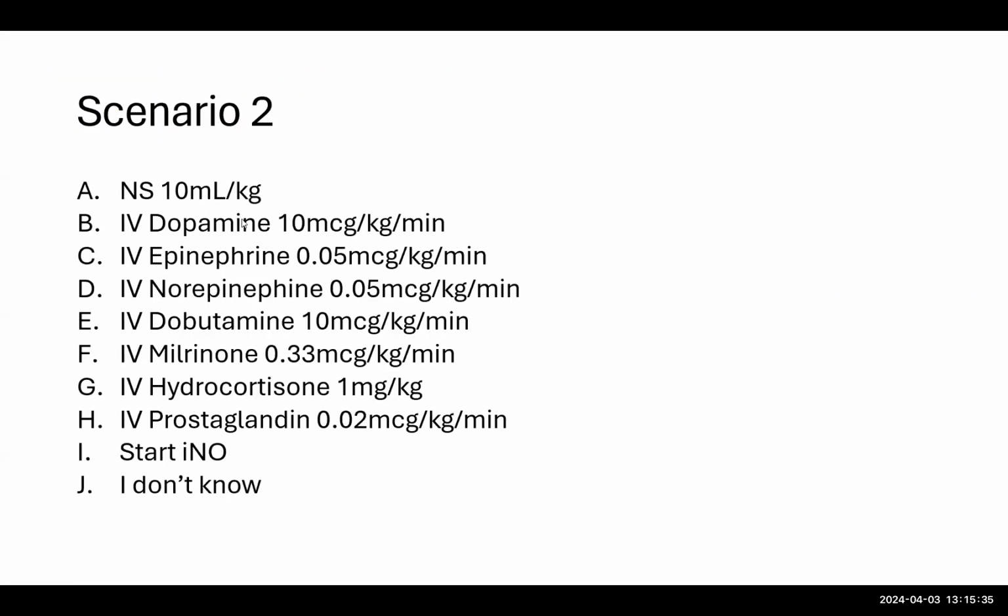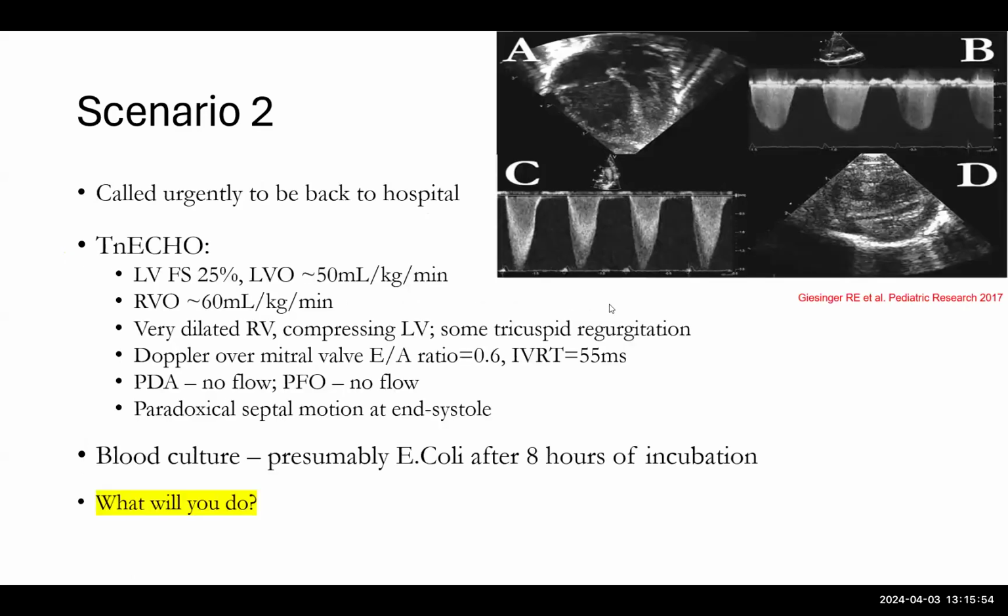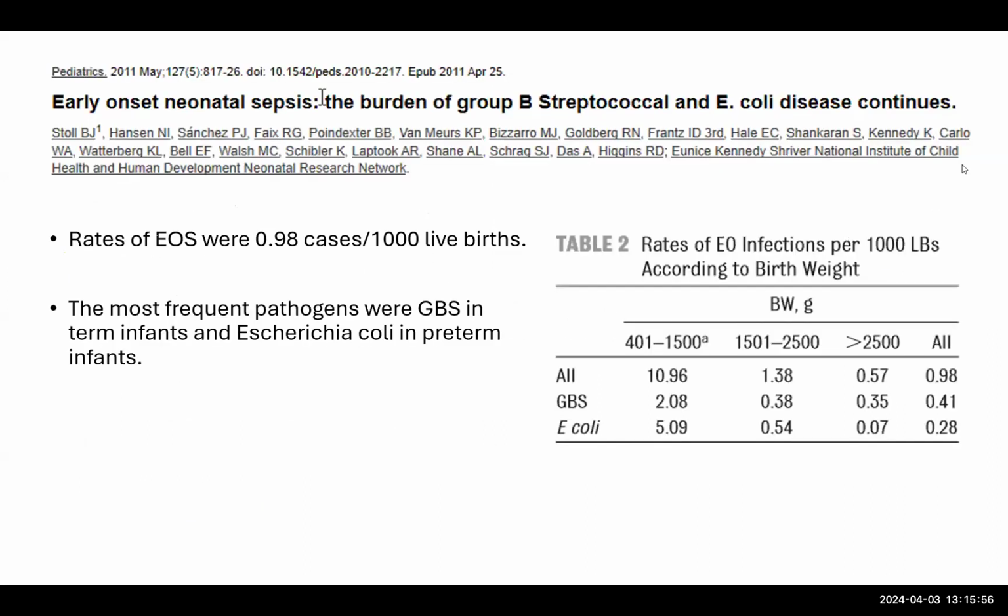PPH, presumably high pulmonary pressure, poor contractility, poor cardiac output. You start the dopamine to improve the blood pressure, start some milrinone, start some PGE, start the nitric, or I don't know. So again, I'm not able to see your answers. Think about that. These are all the answers that are possible. So going back to what we know,